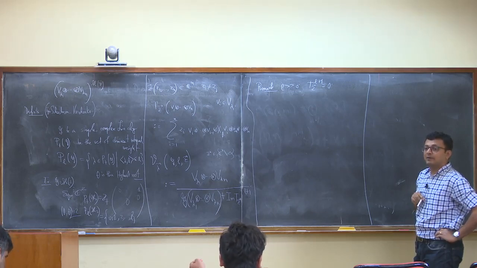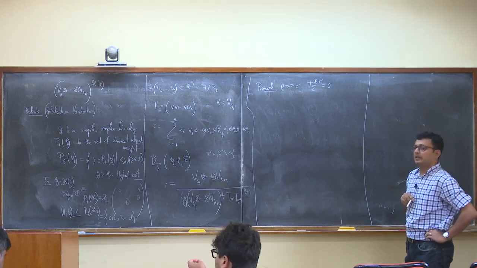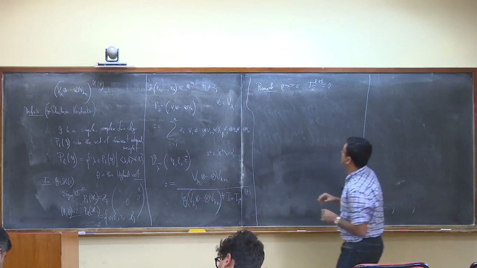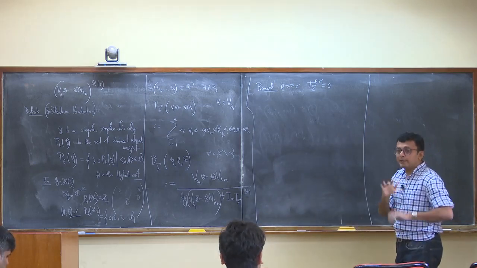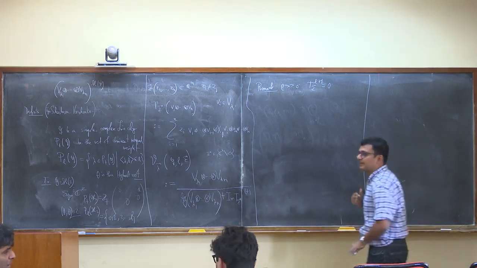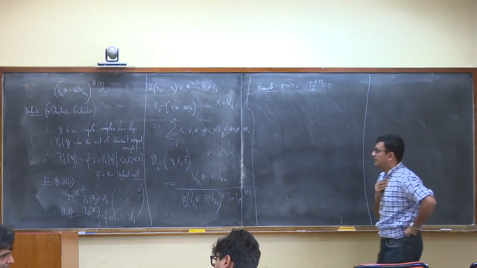I don't know what that means, so I will not be able to. Del mu J mu is 0. No, I don't know what that means. Sorry. You cannot conserve trace. Oh, we can talk about this later. Let me get back. They're all analytic. So in that sense, all good.